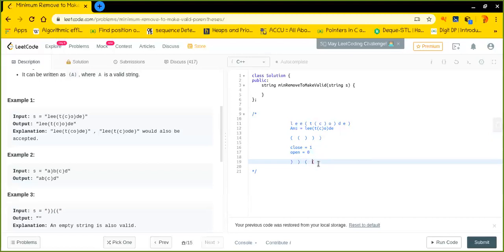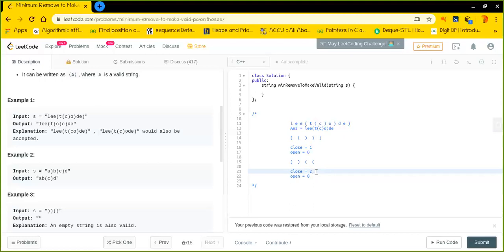Yeah. So in this particular example, let me quickly write the frequency of close and let's initialize the openness to 0. Correct? So in this example, let's see. First of all, I hit a closing bracket, isn't it? When I hit a closing bracket, that means I need to reduce both the counter by one, isn't it? Just to make sure that I found a valid